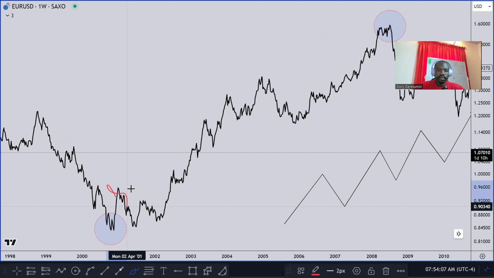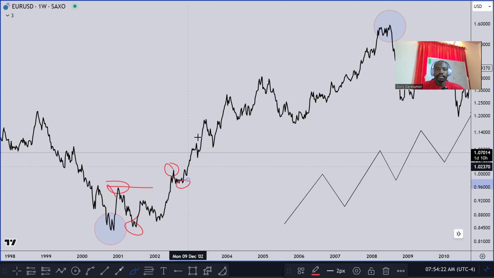This here is some kind of high. This here is some kind of low. Okay, now at this point, this structure level has not been broken. Okay, so this is where structure was broken. You can see there was a small pullback. That's a high. This right here is a low,